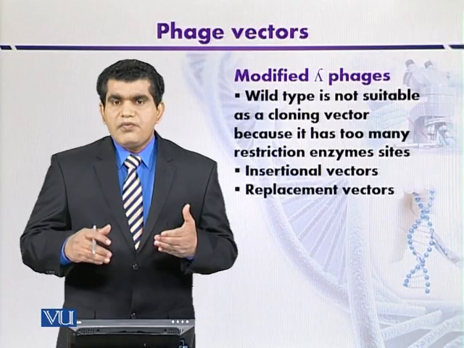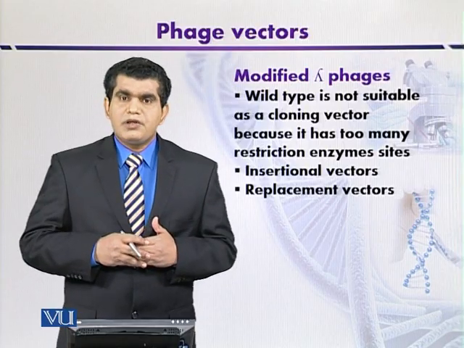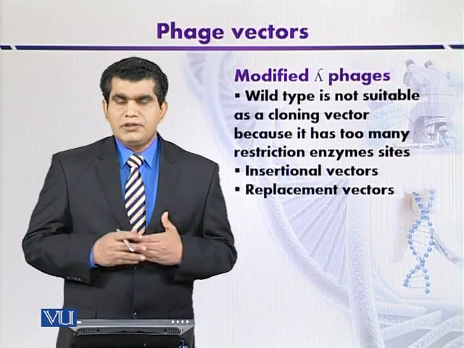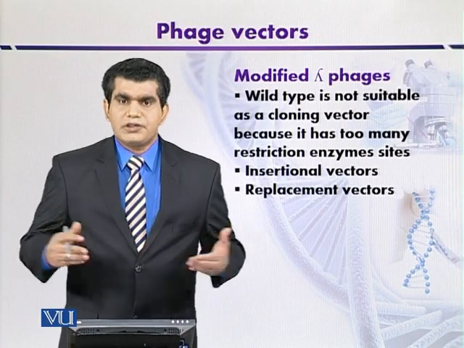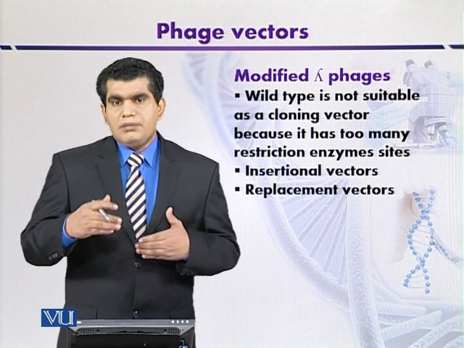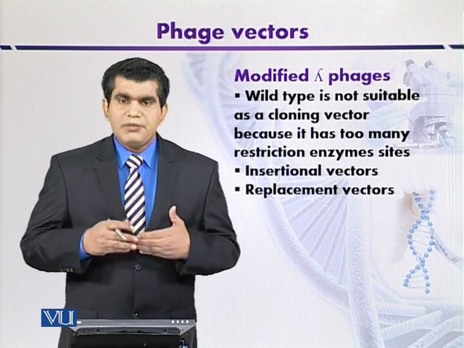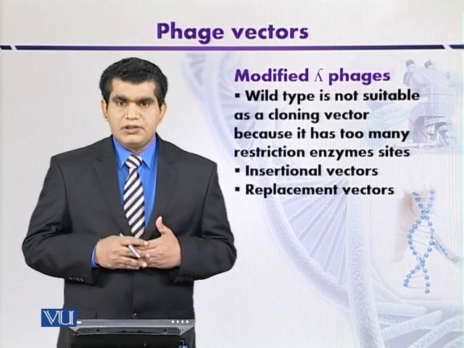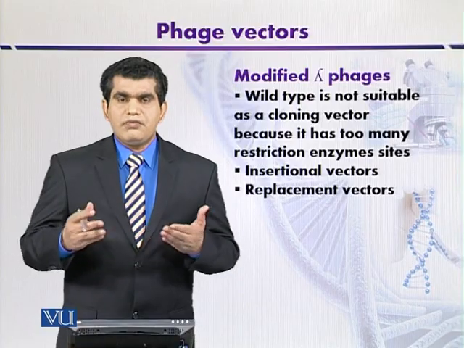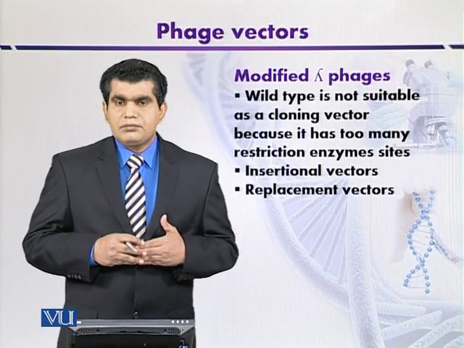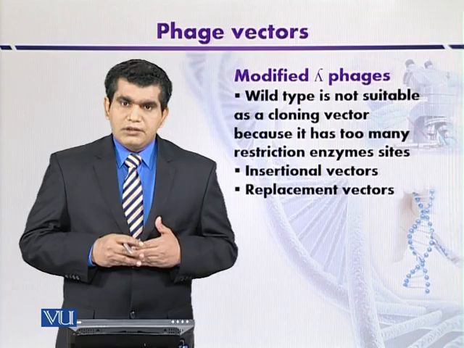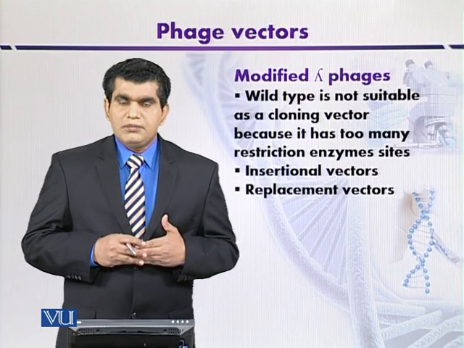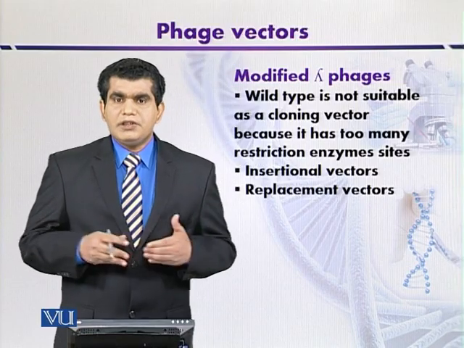So the modified lambda phages are produced by removing the multiple cloning sites by different mutational processes that may include the substitution of bases or addition or deletion of certain bases, so that it may contain a few cloning sites. In addition to that, modified lambda phages also contain an extra reporter gene which is called